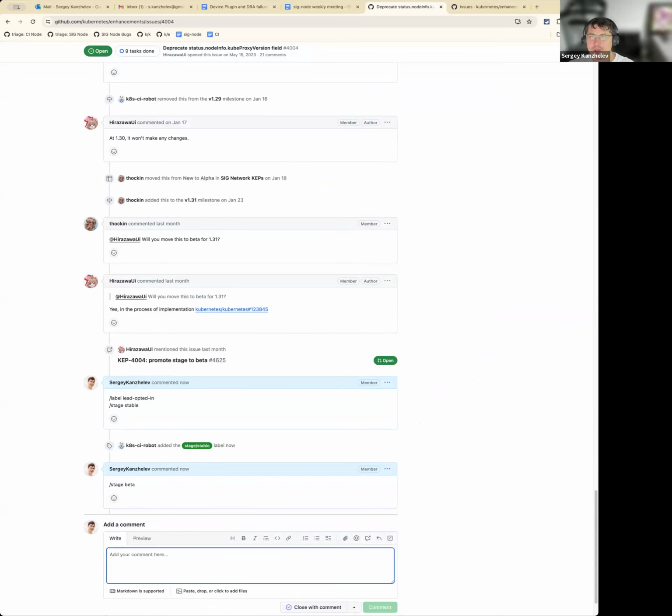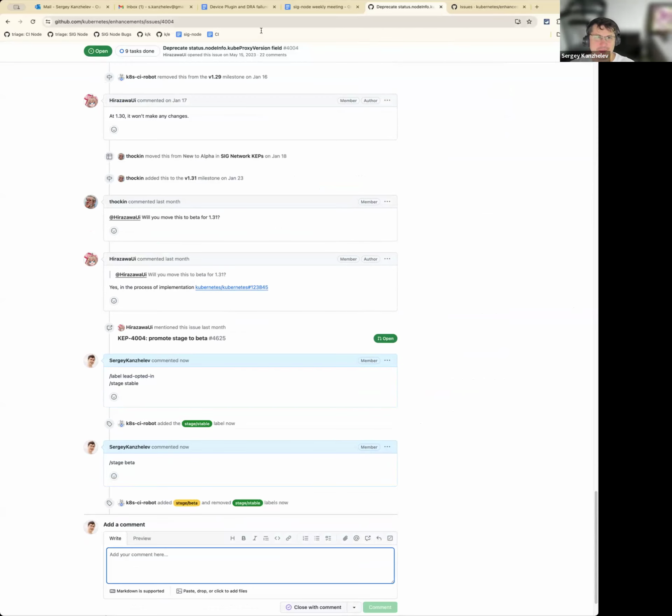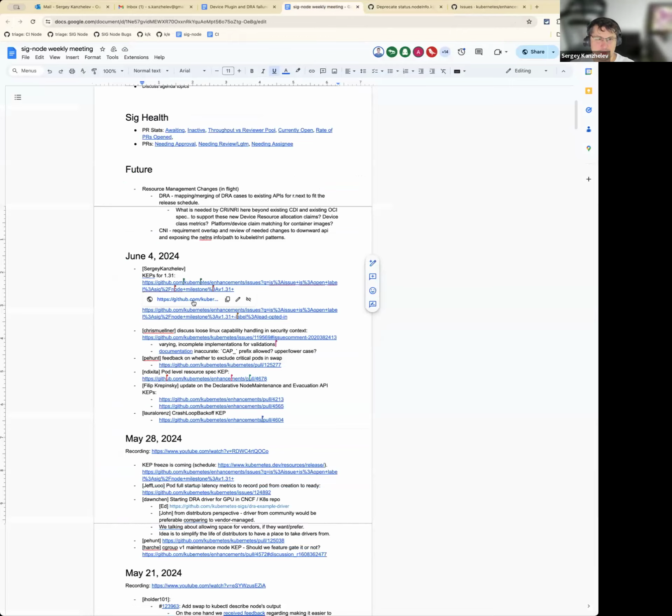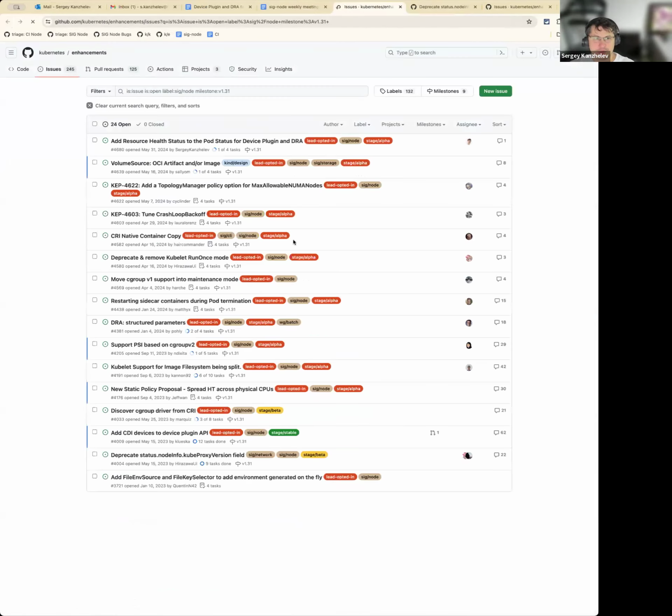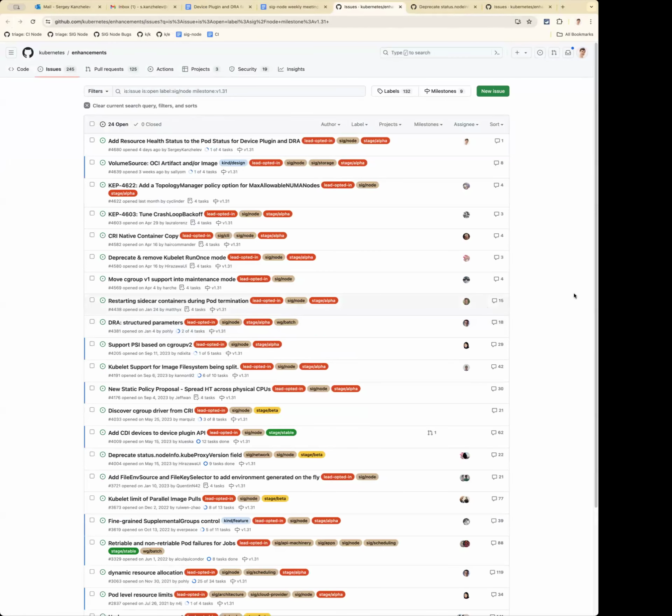My mistake. Okay. With that, we have 24 caps, all of them with the leads opted in. So it's a lot of caps. I'm not seeing a lot of PRs open to reflect this reality. So folks, we're running out of time.